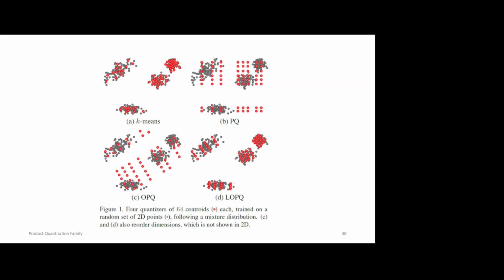And figure C is called OPQ. Remember the OPQ is optimized. What we call optimized is rotating the data. So you see the centroids are rotated here. And we also reorder the dimensions here. After the rotation, you see